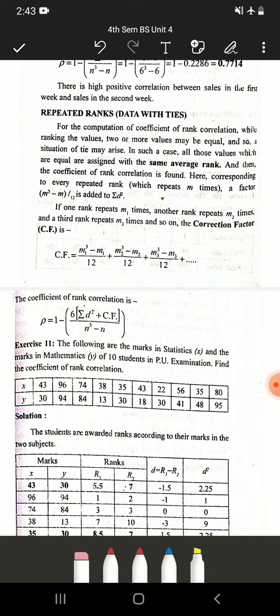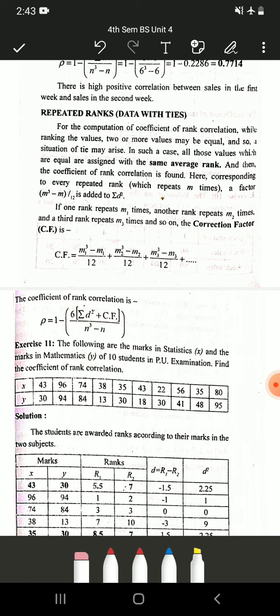Suppose you are taking marks scored in statistics as well as mathematics. There are 2 or more students who have got the same marks. Say they have got 80 marks out of 100 and there are 3 students who have scored 80. Then in such cases there is a tie. So assigning rank will be a little different than the usual one. So we will see how to solve such problems in today's class.